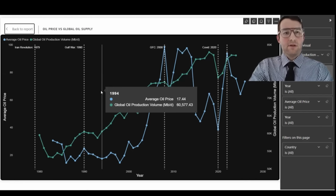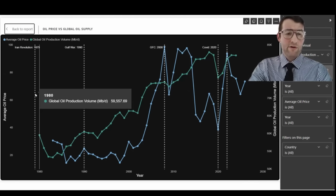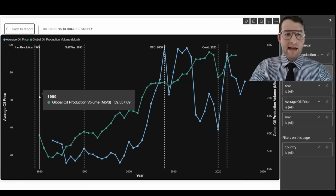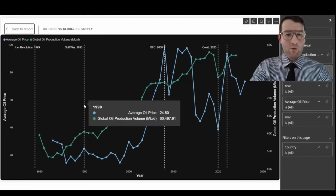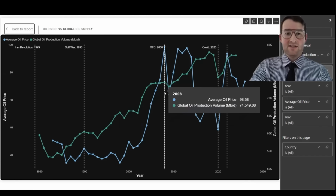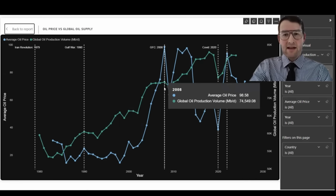So if I come over here, we'll start with the Iran revolution, which started here when the new leaders came to power. This data set starts in the early 80s, and here we start to see the relationship between these two variables. In the Gulf War, we saw an increase in the oil price and an increase in global oil production volume. Over here at the GFC, the global financial crisis in 2008, we saw a dip in